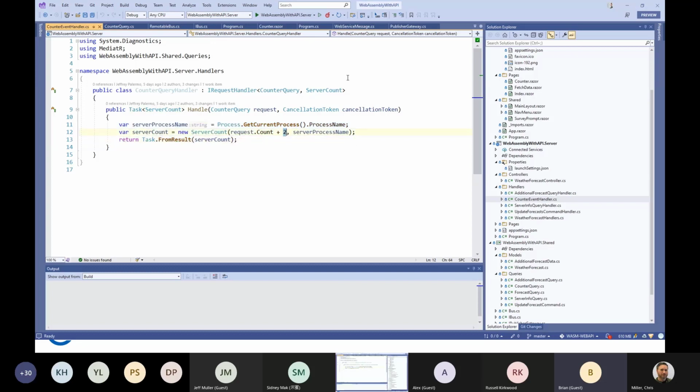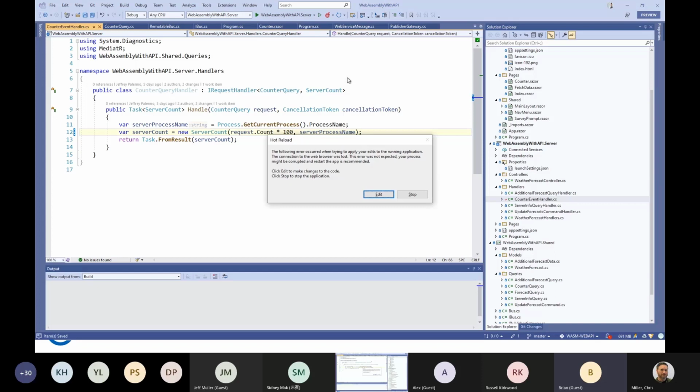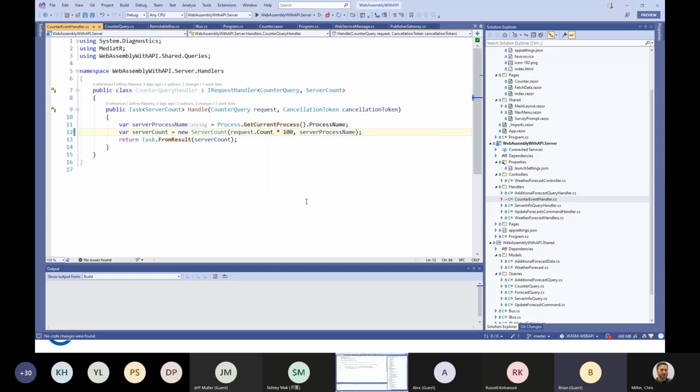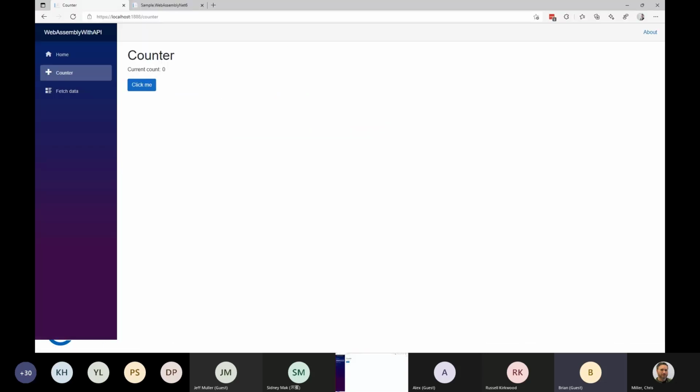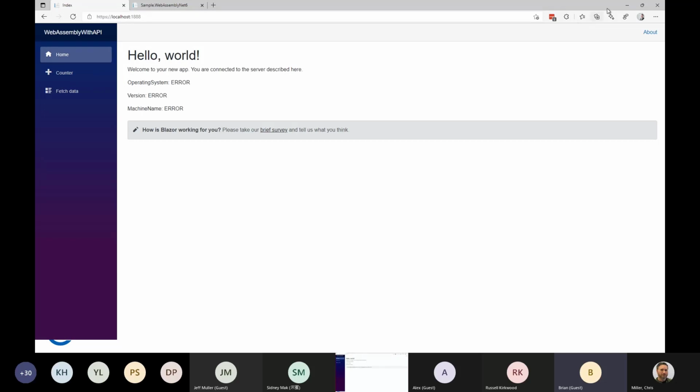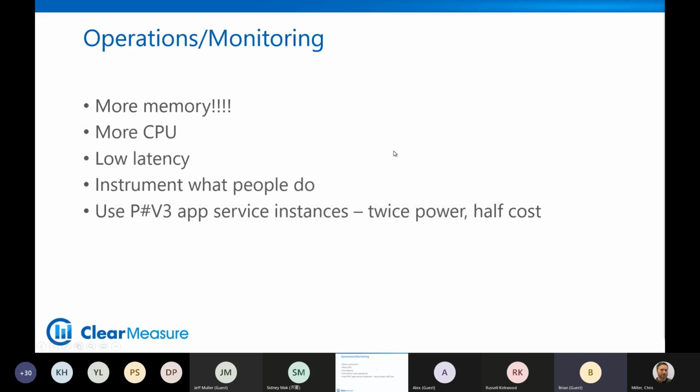Just to prove it to you, why don't we take this and multiply it by 100? So let's hit Control. Oh, I fat fingered something when I was moving something else. All right, you'll just have to trust me on that. But when I go here, yeah, when I was moving around, I fat fingered it a little bit.